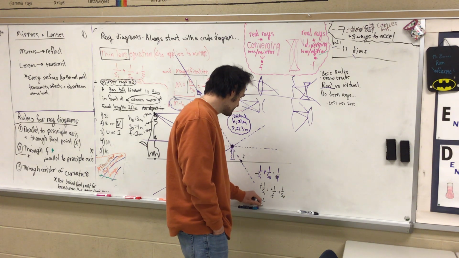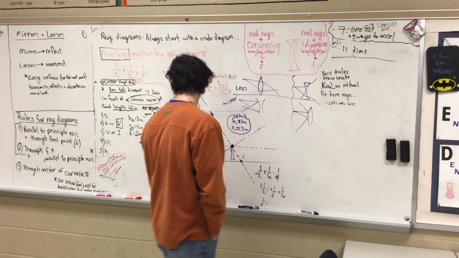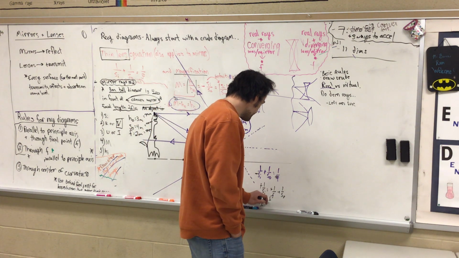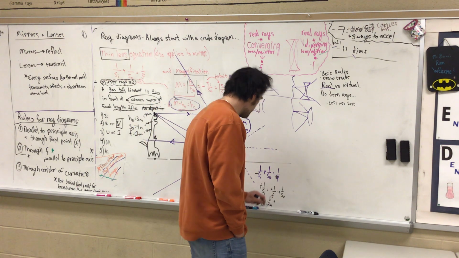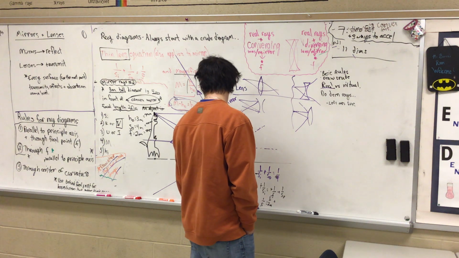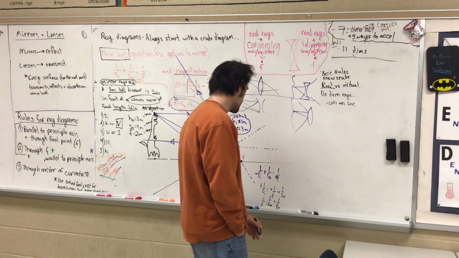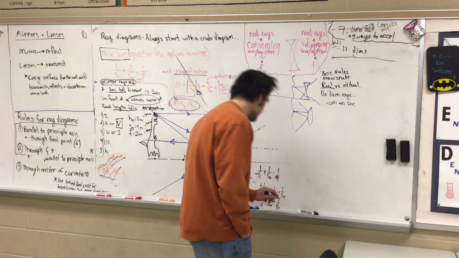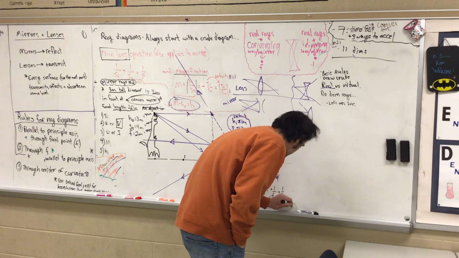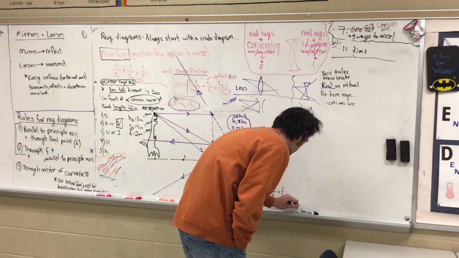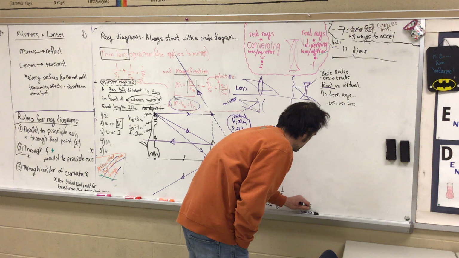So 1 over the image distance equals 1 over the focal length, which we know is 1 over 2 meters, plus 1 over the object distance, which was 4 meters, 1 over 4 meters, and that's going to give you 3/4 of a meter. When you solve that out, 1/2 plus 1/4 is 3/4, so 1.33 meters